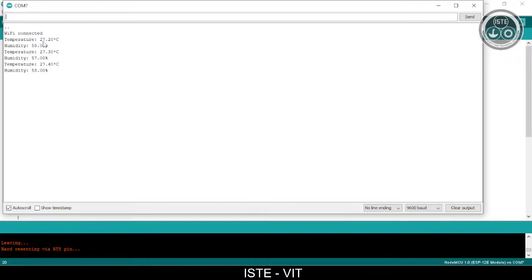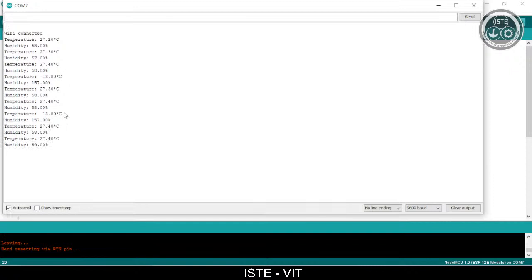Temperature in the room is 27.2 degrees Celsius. Of course, it is not 27 degrees Celsius in the city. We are in the air conditioned room. That's why it's 27 degrees Celsius, and you can just omit these values of minus 13 because of the noise factors and because of